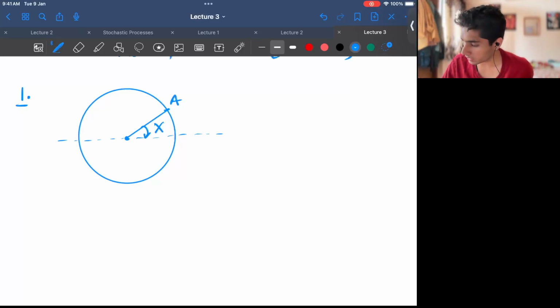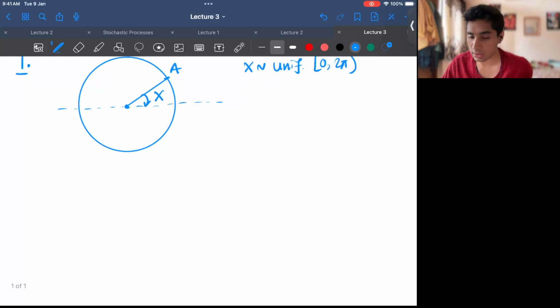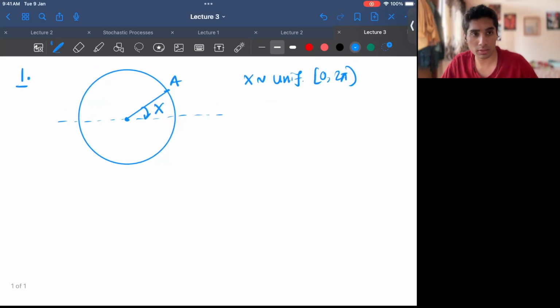Now it is given that x is coming from uniform 0, 2 pi. Okay, so we all know what a uniform distribution is. All the angles between 0 and 2 pi are equally likely if it is coming from a uniform distribution, right? And the question that we are asked is, what is the standard